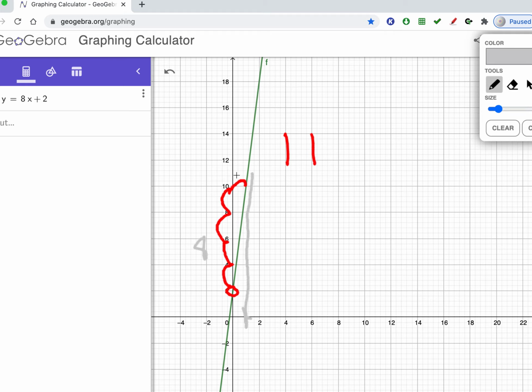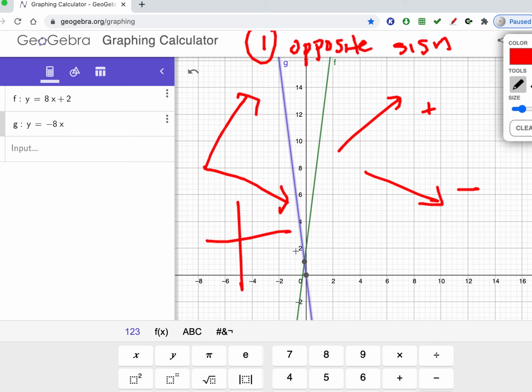So we kind of came to the conclusion, right? To make perpendicular lines, one has to point up or one down, unless it's vertical and horizontal. So we figured one has to be positive, one has to be negative. That's the one thing we learned of two opposite signs. So the next thing we saw though is that it intersected. They crisscrossed, but they were not 90 degrees. They weren't perpendicular. So we needed to do one more thing, and we did the reciprocal, which is to flip